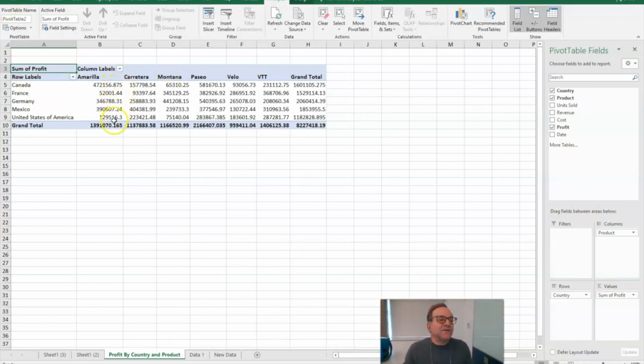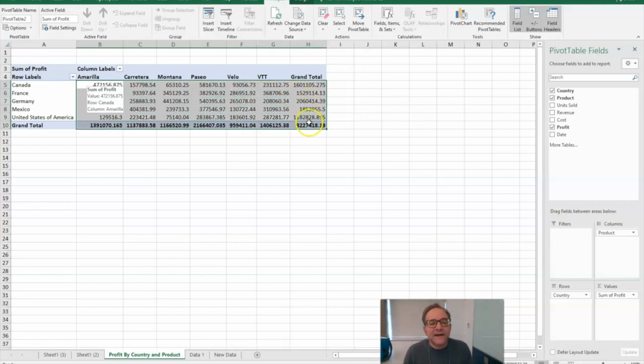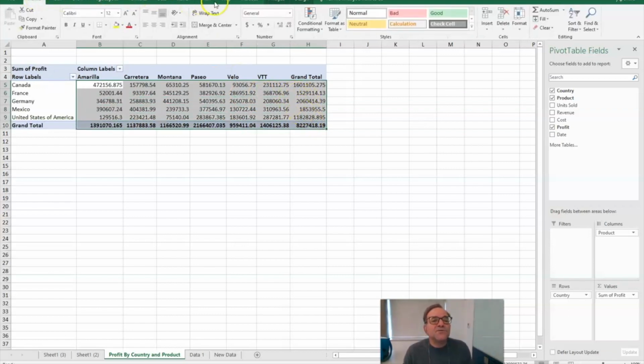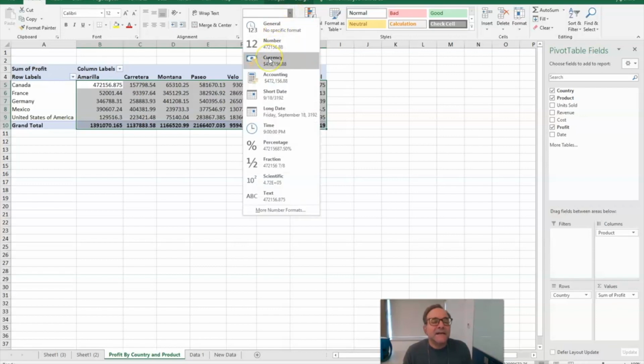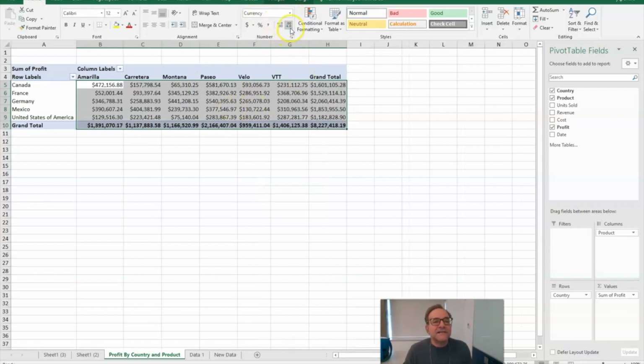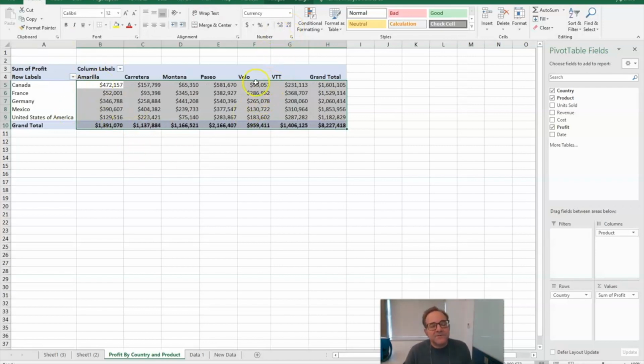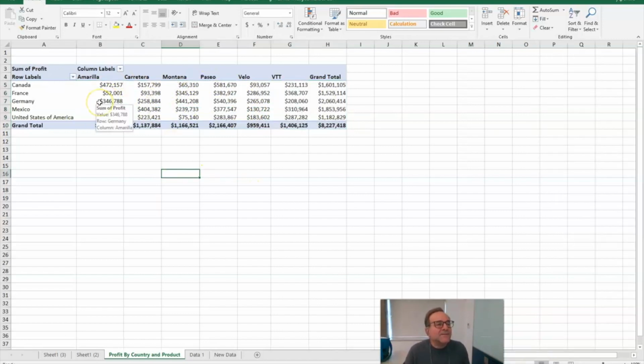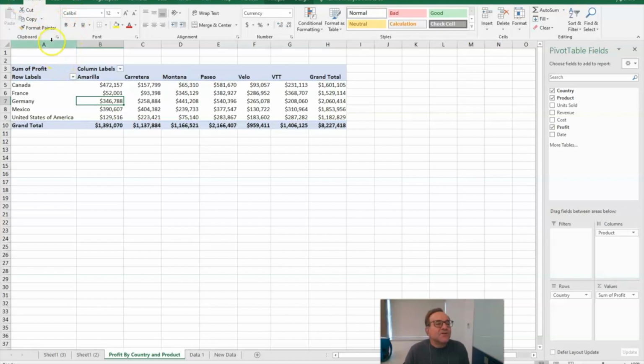You'll notice we've got weird decimal places and formatting going on. So let's select all that data, go to the number list here, and format it as currency, and we're actually going to reduce the decimal places. I don't think we need those. We want to get rid of anything that might be extra baggage or confusing on the sheet too. From this data, I'm going to insert a pivot chart.